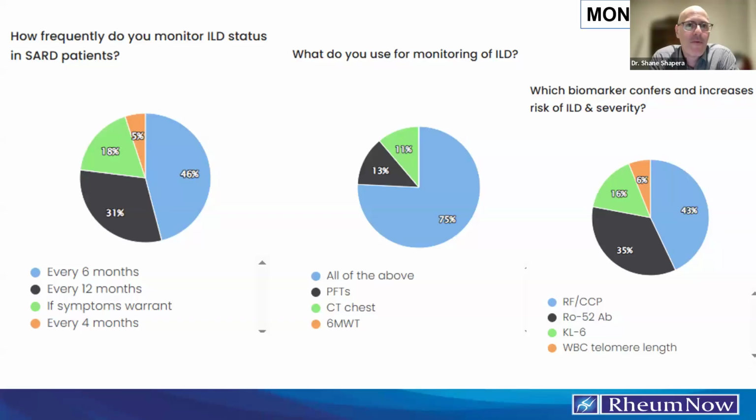And when I first read about KL6, I talked to one of my bench guys who works in the lab, and I said, "Can you start doing this on my patients?" And he says, "God, no, don't make me do that." It's laborious, it's difficult to standardize, and although I totally believe that it's a useful biomarker, I'm not convinced that, at least in the near term, it's coming to gross clinical practice. I work in Canada, so it could be different, but you guys tell me, are you using KL6 in your clinical world?